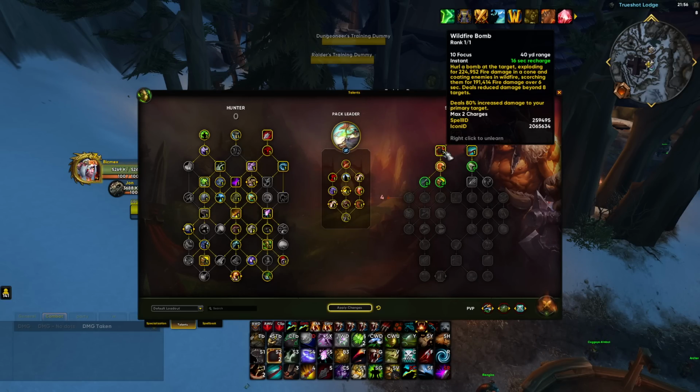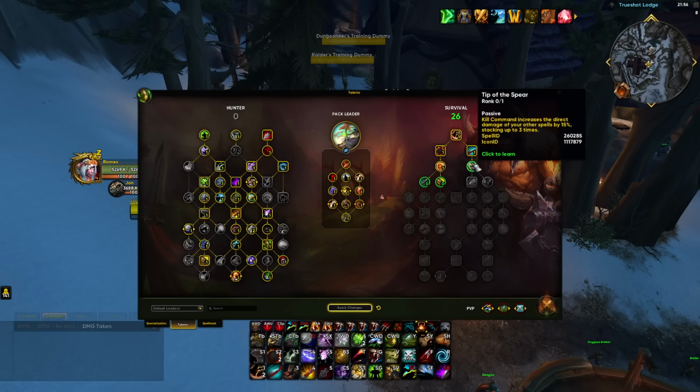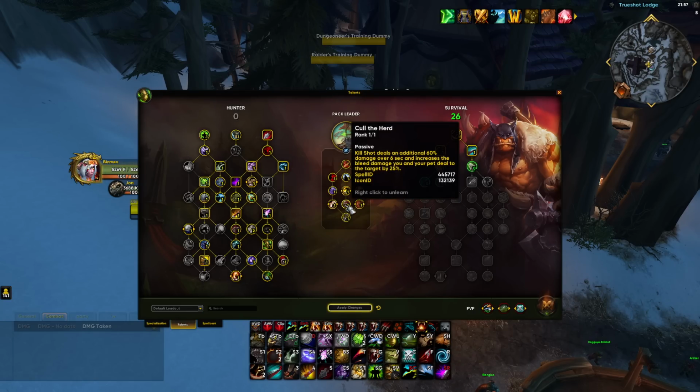and then 191k over 6 seconds? It's only the 224k damage that will be affected by Tip of the Spear. The damage on the dot effect has nothing to do with Tip of the Spear. And this goes for every other dot that you have in the entire game. The only exception is Call of the Herd,